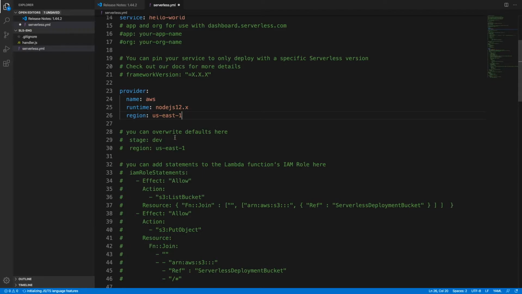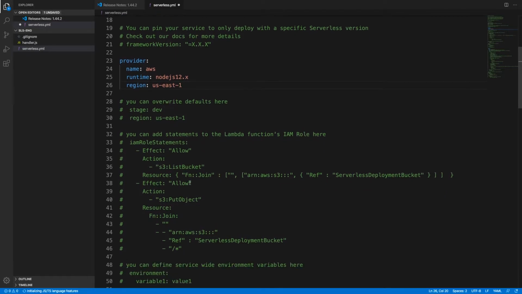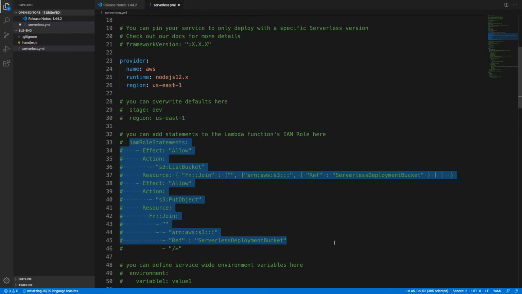Also, this serverless YAML has the big benefit that it has stages, so you can provide all the environment details for all your stages. If you're working for a dev environment, or the production environment, or any environment, you can assign all those variables, environment details or secrets to a particular stage, for dev or maybe production. This is a big benefit of the serverless YAML file. If you get down, you can see there is an IAM role statement and all these scripts, which we are going to use in further videos.